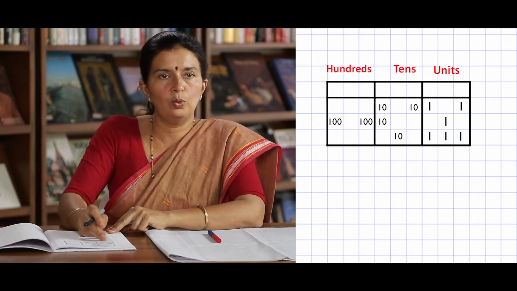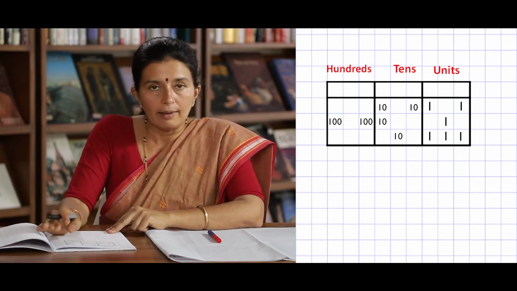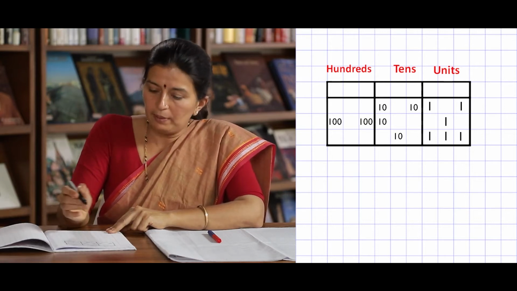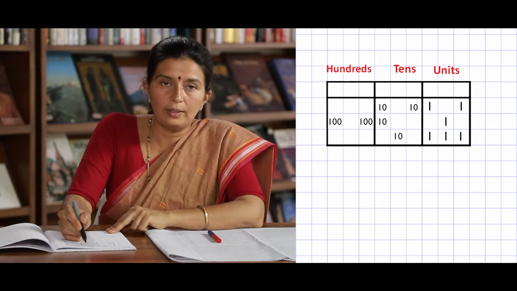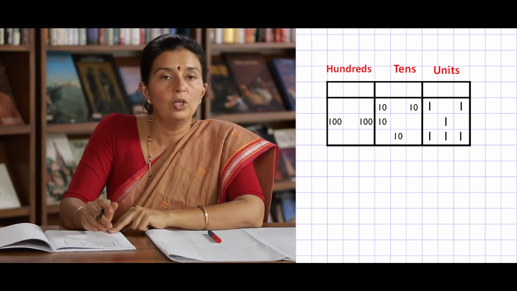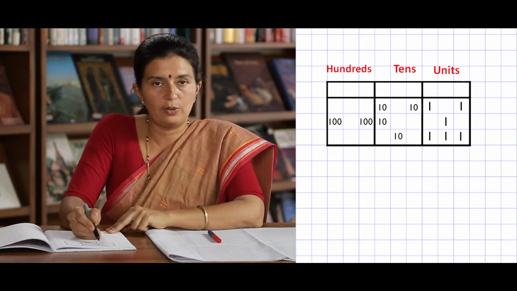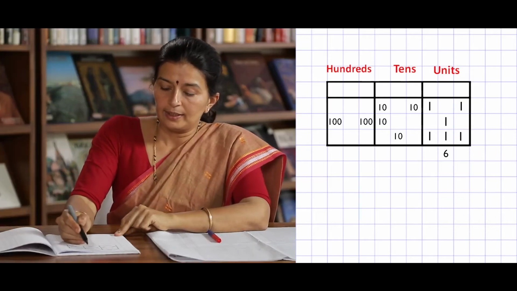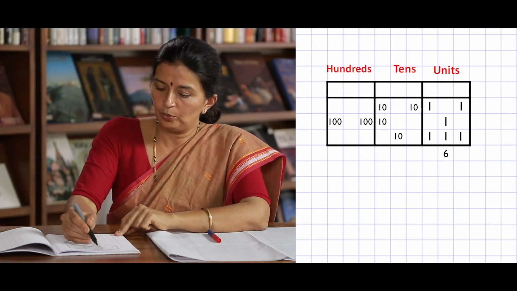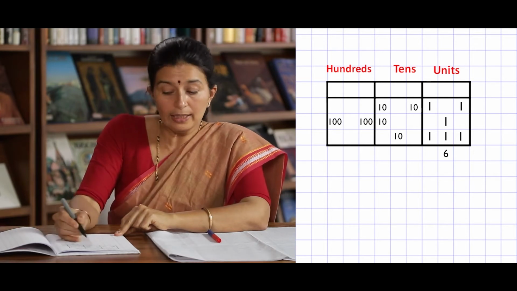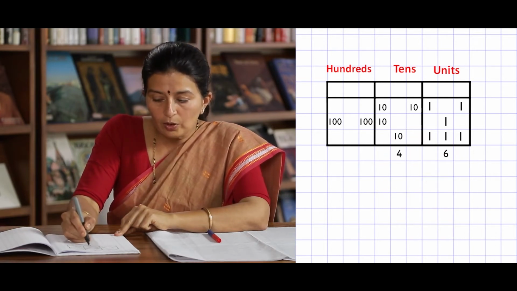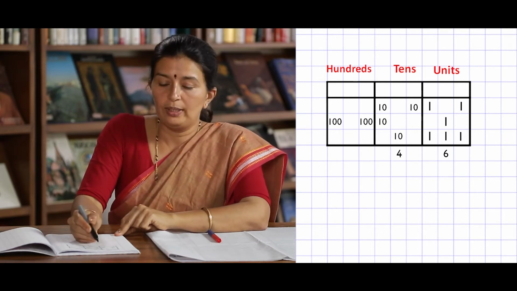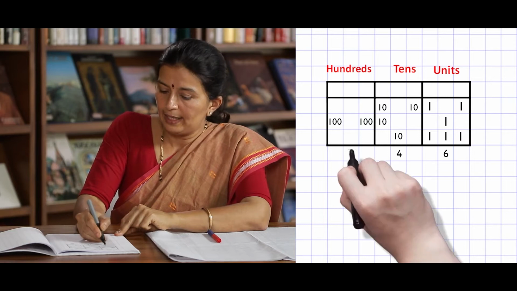Sometimes children may write 1 in hundreds place. Anyway, it is a hundreds place. But no, that is wrong. In representational form, it should be written as 1 in units place, 10 in tens place and 100 in hundreds place. There are 6 units. In tens place, 1 ten, 2 tens, 3 tens, 4 tens. I will not write it as 40, I will write it as 4. This is how it is written. 100, 200. I will write it as 2.